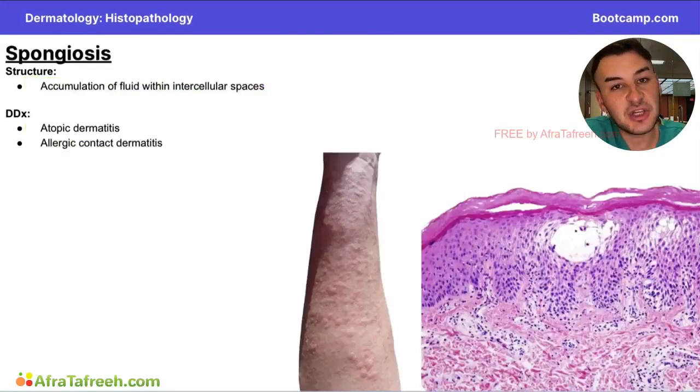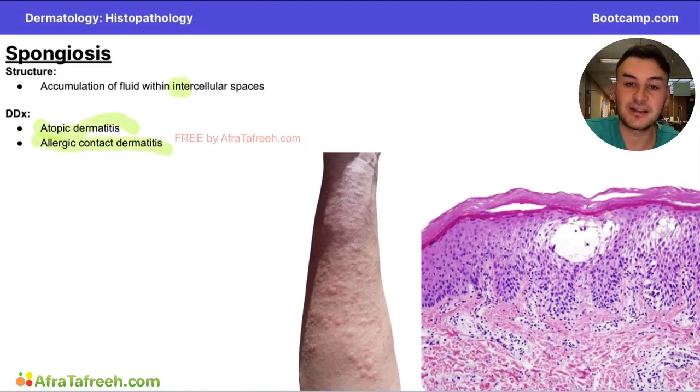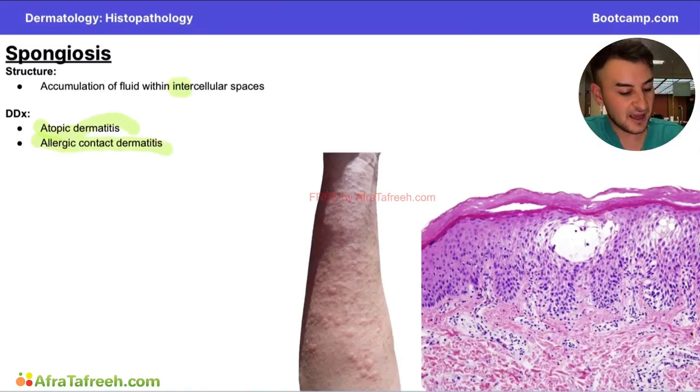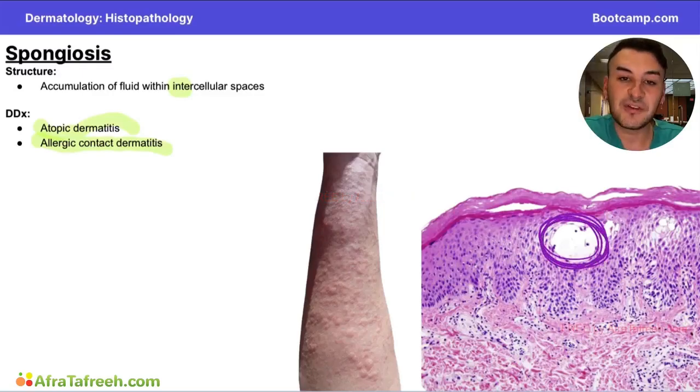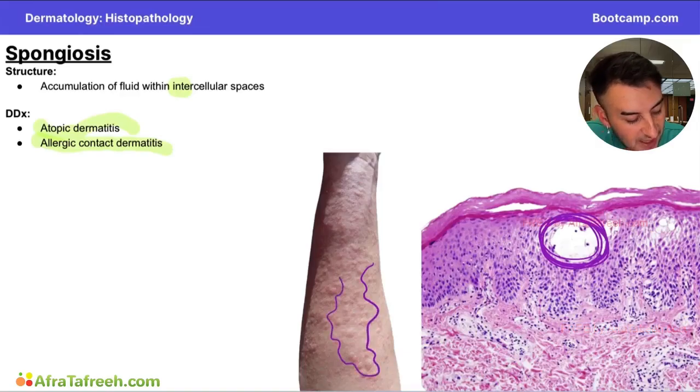Next, we'll talk about spongiosis, which is going to be accumulation of fluid within intercellular spaces of the epidermis. So intercellular here, not within cells, but between cells. You're going to see this in atopic dermatitis and also allergic contact dermatitis. So you're going to see spongiosis in lesions that are described as urticaria or wheals or hives. And you'll see that this is characterized by this accumulation of white fluid in the epidermal layers. This is going to look like the urticarial rash here seen on physical exam, and it's a great way to